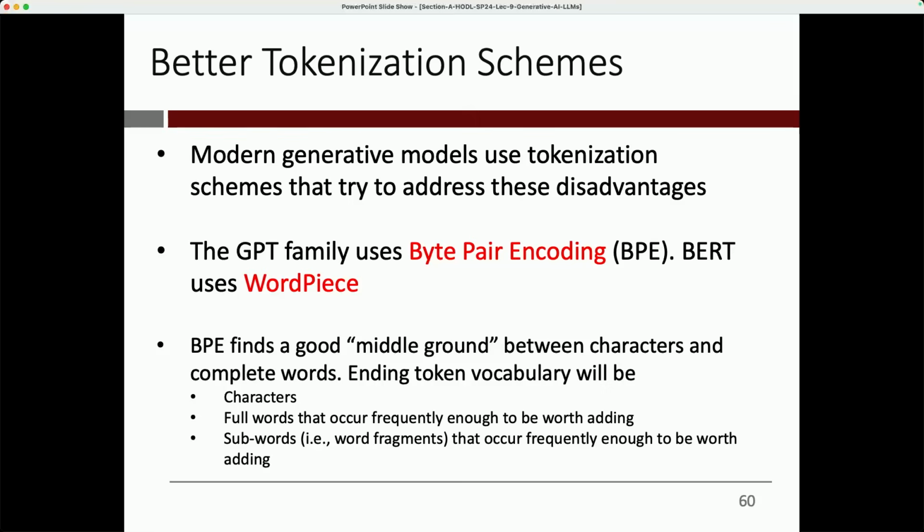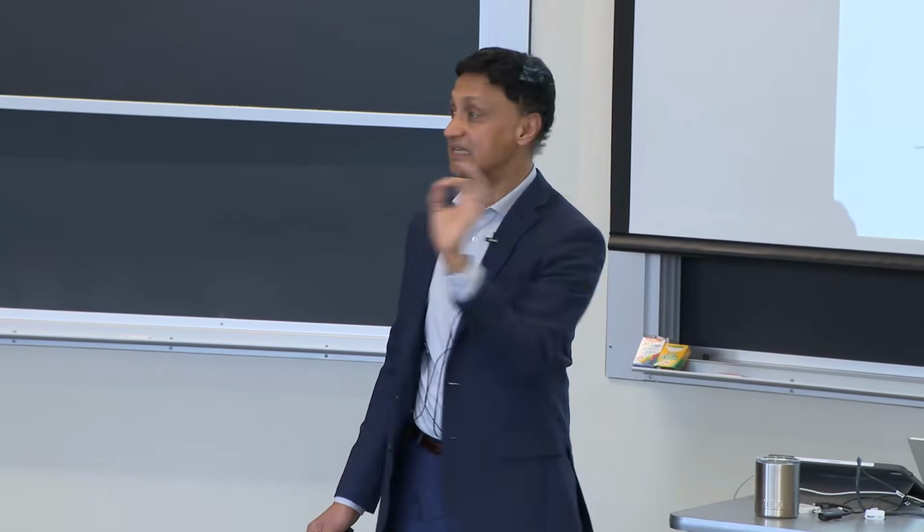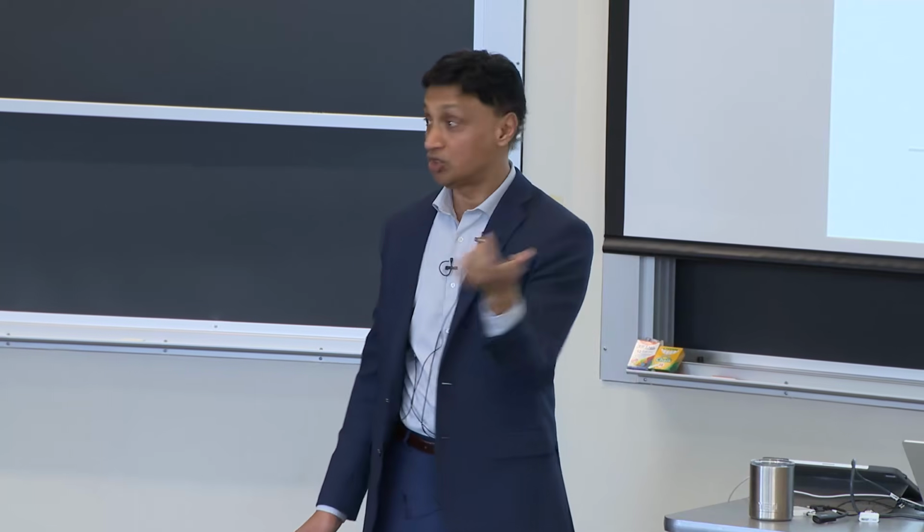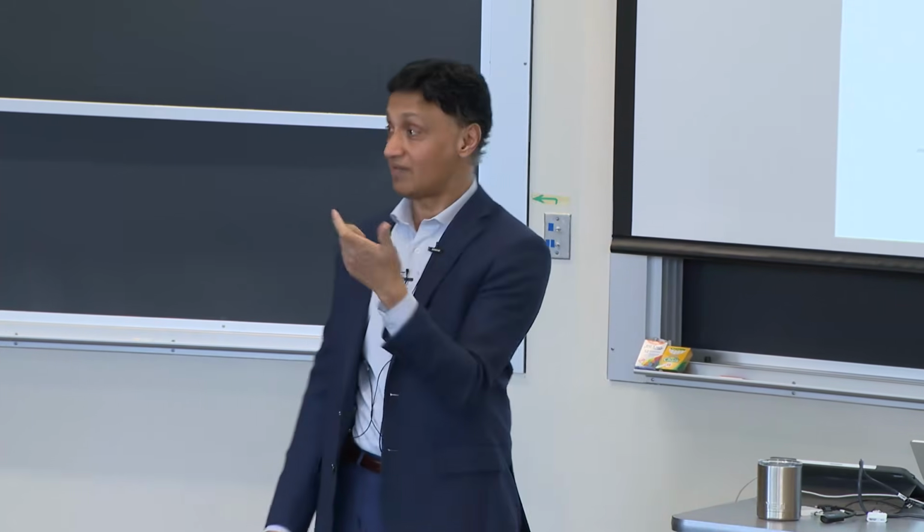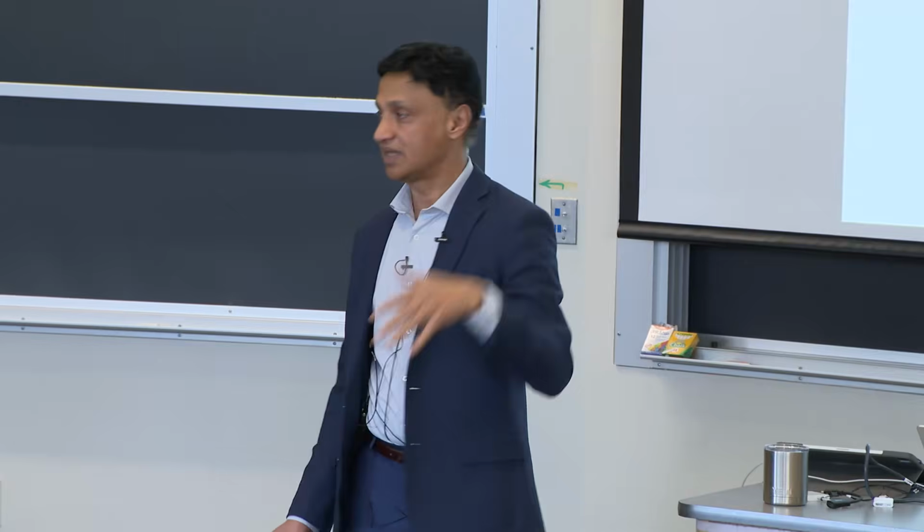So for example, the word standardize, IZE, right? Normalize, standardize, and so on and so forth. IZ is going to show up a lot in many places. So you don't want to have standardize and normalize and so on. You just want to have IZ. You can just attach it to all kinds of words, right? And make it all work, right? So that's the basic idea of all these tokenization schemes.